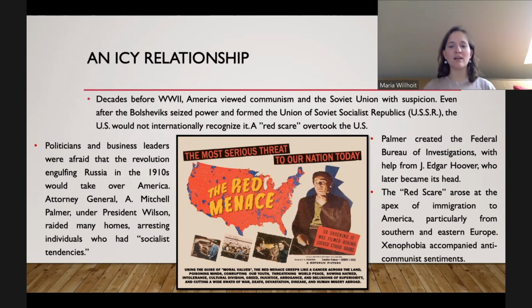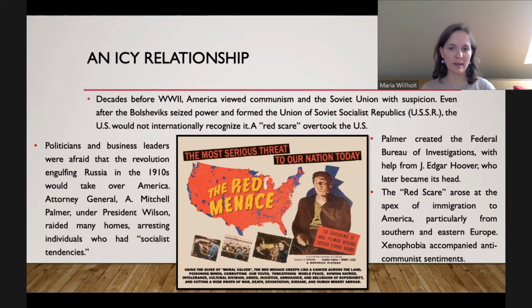So you have a lot of xenophobia, fear of the outsider, during this time period because of immigration. And so that xenophobia really was helpful for creating the Red Scare that overtook America. The Red Scare was not just a scare of communism, it was a scare of foreigners, of Eastern Europeans, of Russian immigrants. And it's the very beginning, I would say, of the Cold War. We have the Cold War again really starting up after World War II, but I would say this is the beginnings of the Cold War.